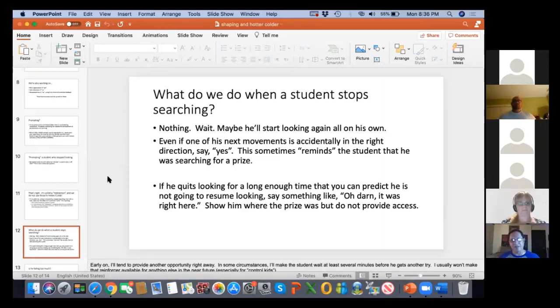So I'm not changing my expectation in this case that you didn't look for very long to find it, and now you want to get it for walking to me when you saw it in my hand. I'm not going to renegotiate down to that level of exchanging with you, but I will hide it again if you want to try the game again. If you're patient enough to try it again, to persevere, I'll hide it. And if I thought your effort was pretty good before, I'll hide it somewhere easier than I hid it before. So I want to make sure you find it this time, as long as your effort holds up.